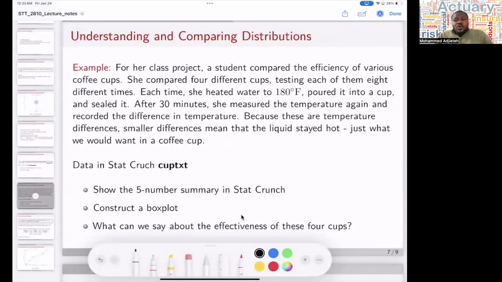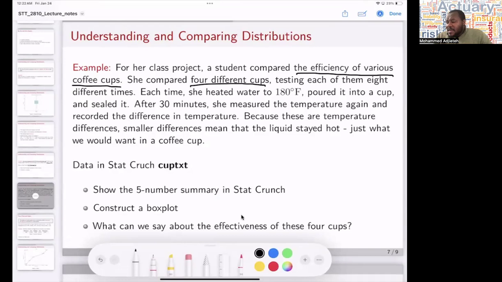Okay, now we also want to do example two. Let's try to read the problem and then let's make meaning of the problem before we go and analyze it and start crunching. So the problem is saying that for her class project, a student compared the efficiency of various coffee cups. So she's comparing four different cups,